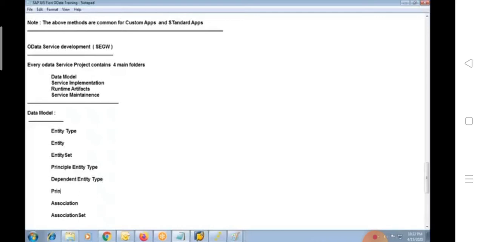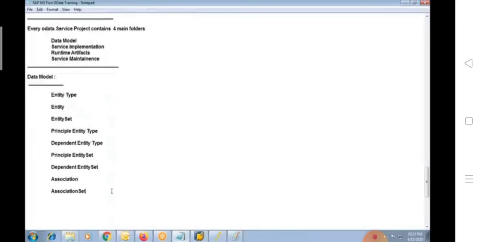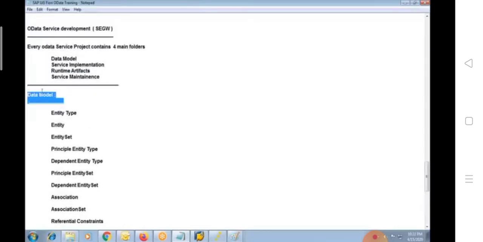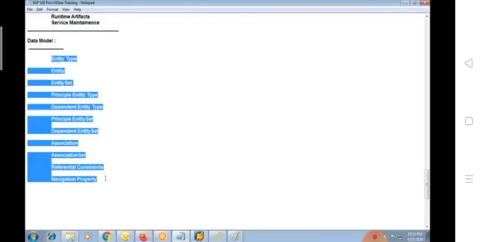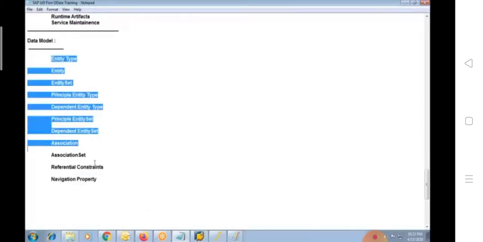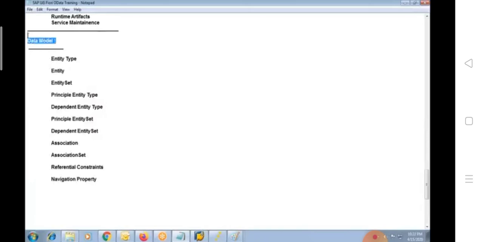And not only that, there can be a principal entity set, and there can be dependent entity sets, and not only that, there can be referential constraint and navigation property. So in OData service development, inside data model, you will find all these different sections. So there are 4 folders. In the first folder, that is data model, you will find all these various subcategories.